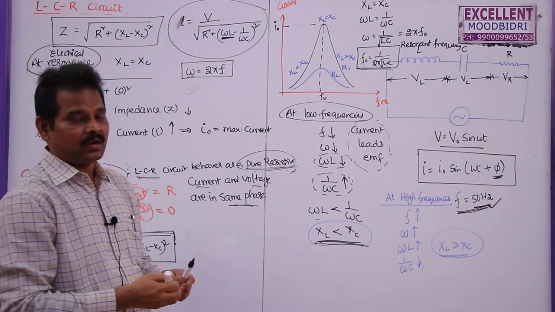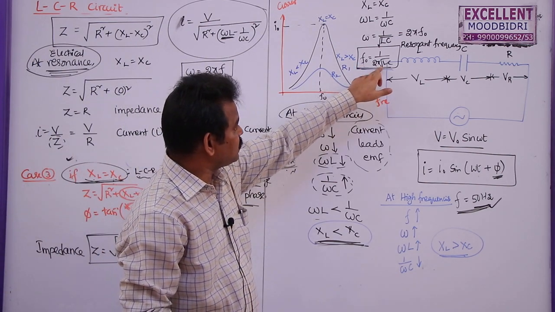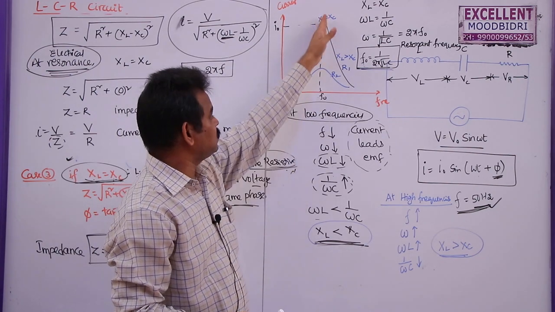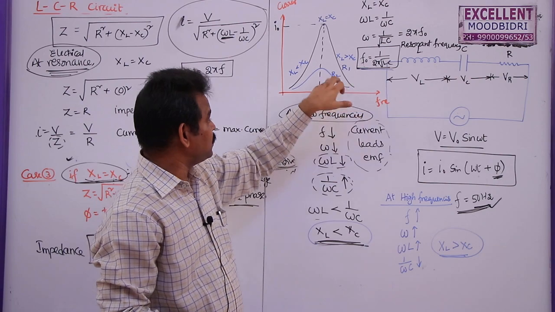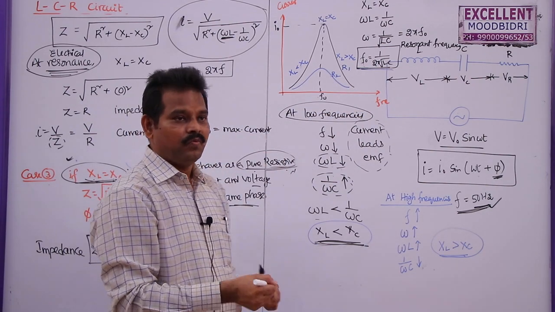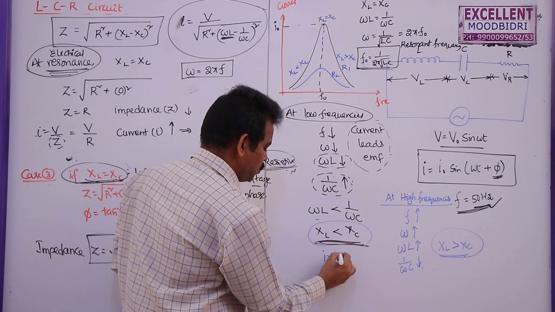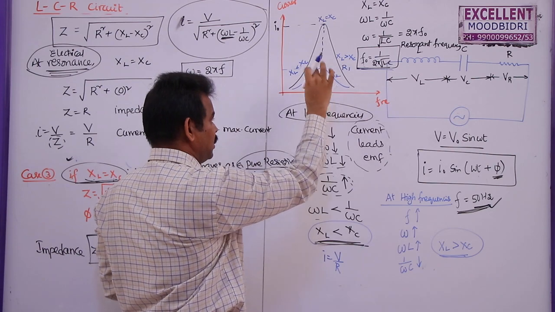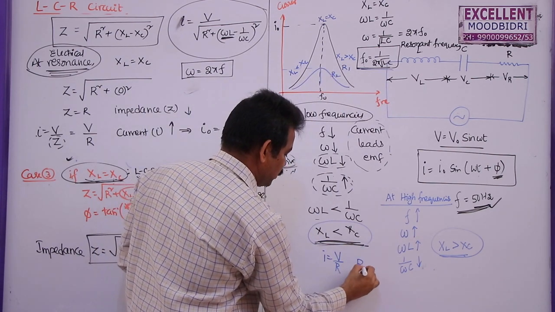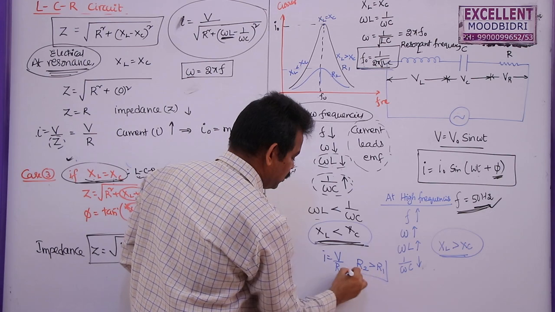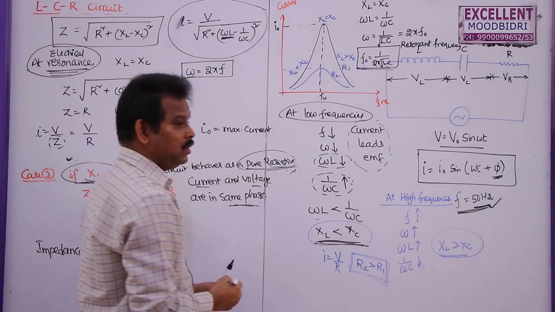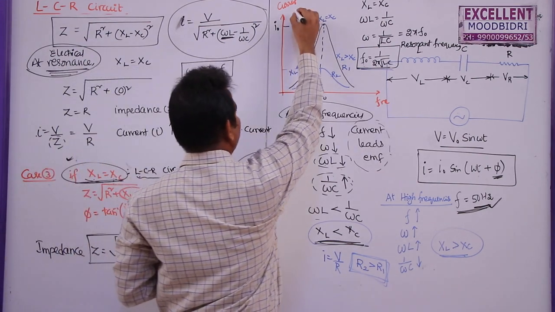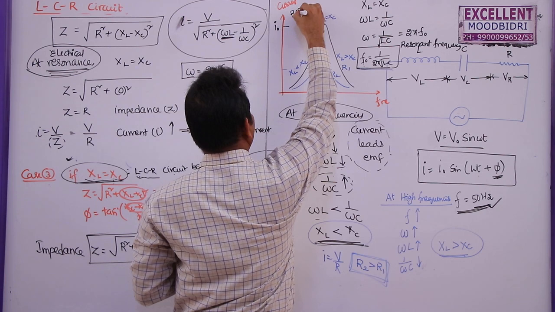But what is the difference here? The resonance frequency does not depend on resistance, but the sharpness of this resonance curve, this is called the resonance curve, depends upon the resistance. If resistance is more, we know that current will be less, so I is equal to V by R. Here the sharpness or the maximum current is less. That means R2 is more. So we can write R2 greater than R1. And this question was also given so many times. In this resonance curve, we can write it as the resonance AC curve.